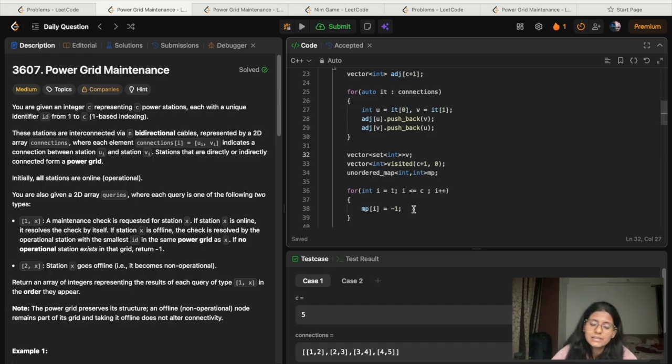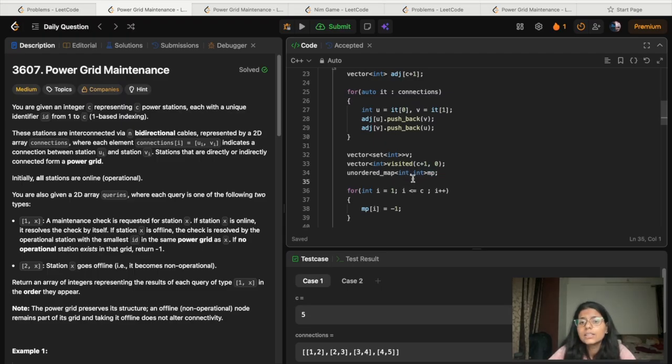So if that gets erased, the second smallest will become the first element, and we can use that. That's my basic idea. So that's why I have used a vector of sets v, and then I have used a visited array, because I'm doing a DFS traversal. For that I require visited, so I declared this.